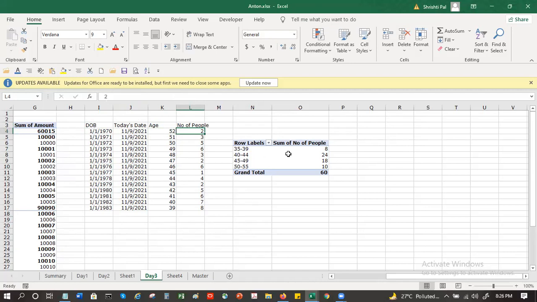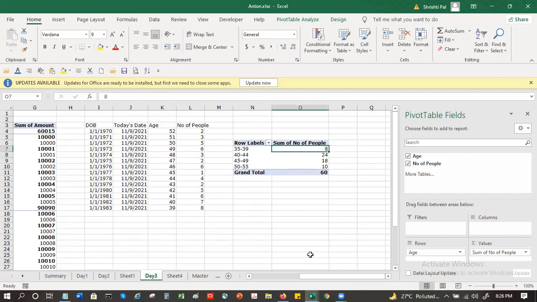Based on this, I first created a pivot table where I did not do anything. I just simply dragged age into rows and then I